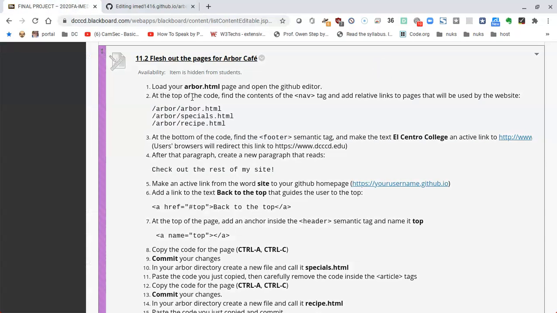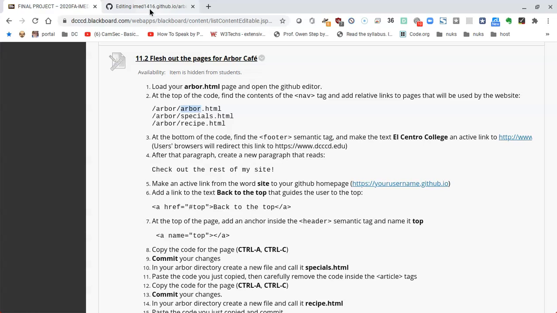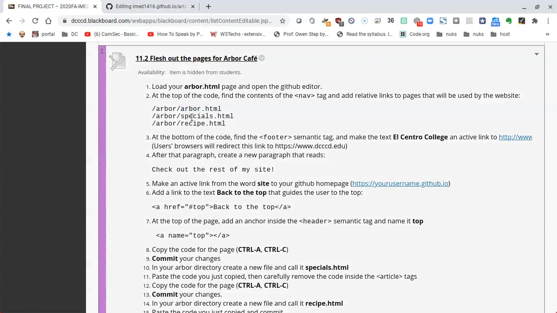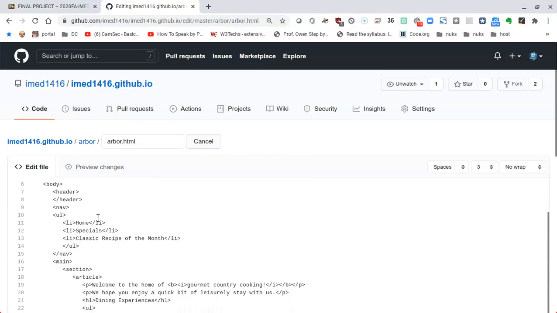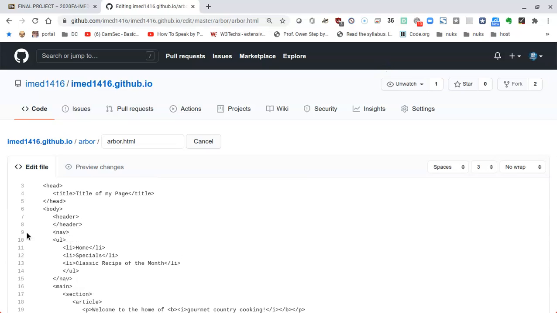Then we're going to find the top of the code inside the navigation semantic tags, and we're going to add relative links to pages that will be used by the website. So we have not created these pages yet, and that's okay because we're just going to work on the idea that we're going to have them. We already have arbor.html. That's what's open here. We don't have the specials, we don't have recipe, but that's not going to stop us from using the code. So let's find the NAV, that's the navigation,